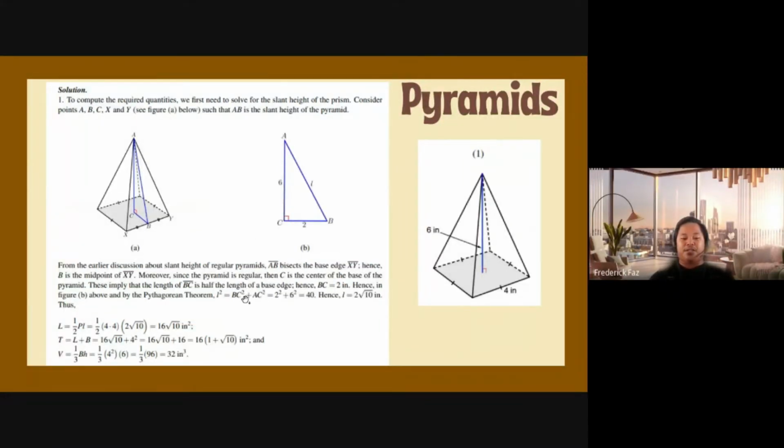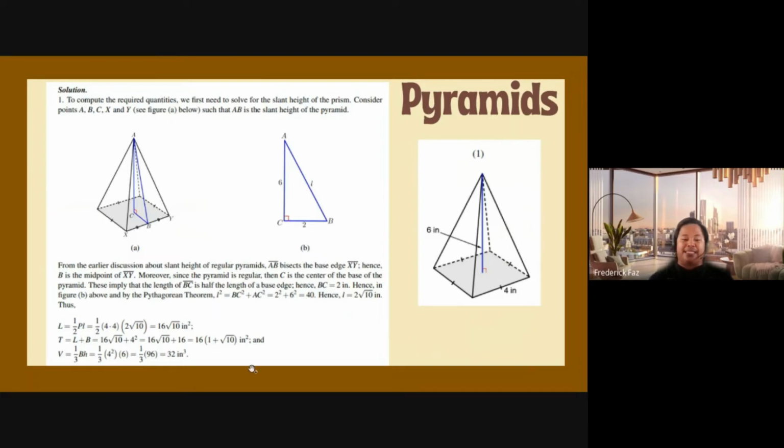So BC squared plus AC squared is equal to 2 squared plus 6 squared. So square root of 40, which is equal to 2 square root of 10 inches. Then we have the lateral area, 1/2 times perimeter times slant height. So our perimeter is